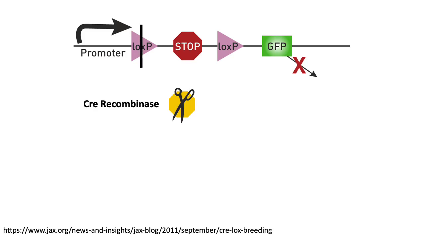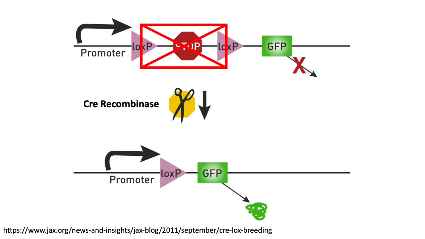Well, the Cre recombinase is going to cut the one LOXP site, and it's going to cut the other LOXP site, and it's going to make that the stop with the 2 half LOXP sites into a circular plasmid, and it's going to recombine the other half LOXP sites together. So we're getting rid of the stop, and we're removing that section,